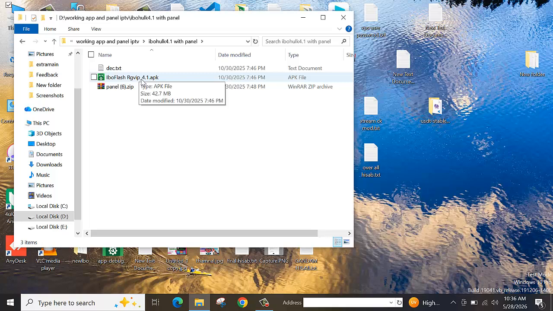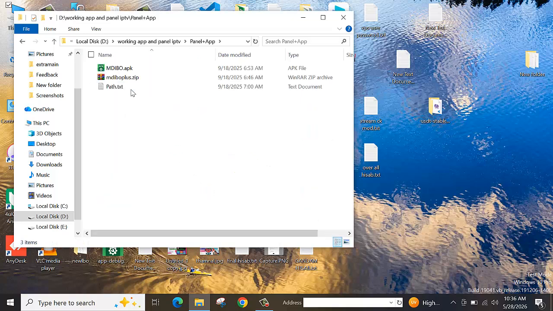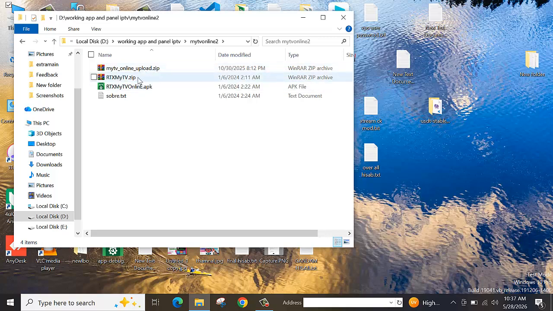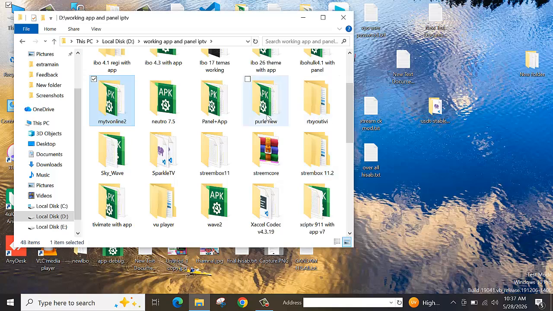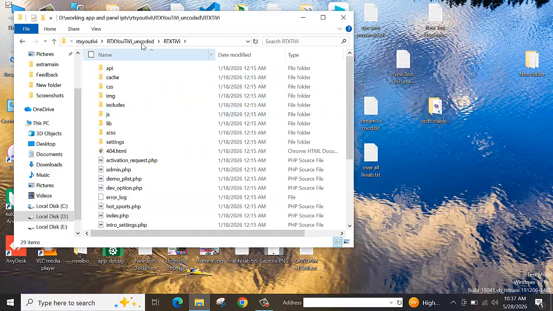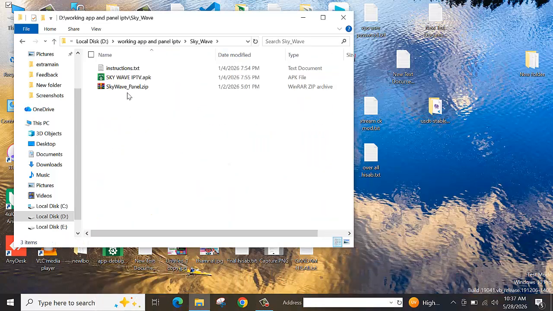And same have this for this APK 4.1 IBO and this panel zip document and this Parlay new and panel and plus APK, this IBO plus variant and my TV online 2, this APK and this panel and this guideline for this upload and link, and RTS UTV for this APK and application IBO Player for this linked, and Skyway panel and IPTV Player and is a document for this linked this and hosting upload this all the guidelines, this text file,